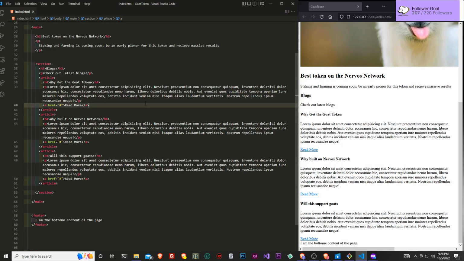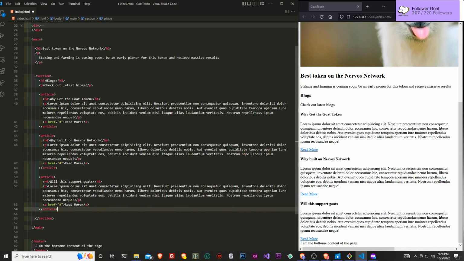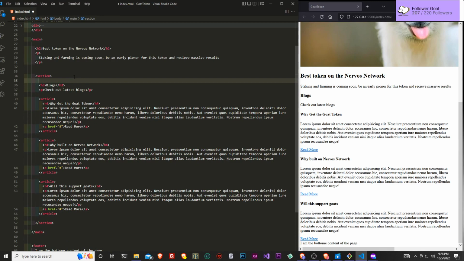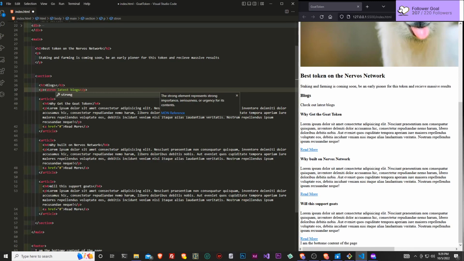At the same time, you guys can see that we've used semantic HTML5 tags, and we can also use other types of tags. Check out these. We can do a strong tag, which will give meaning to our checkout, because we want people to really check out our blogs, and you guys can see that it'll make it bold.